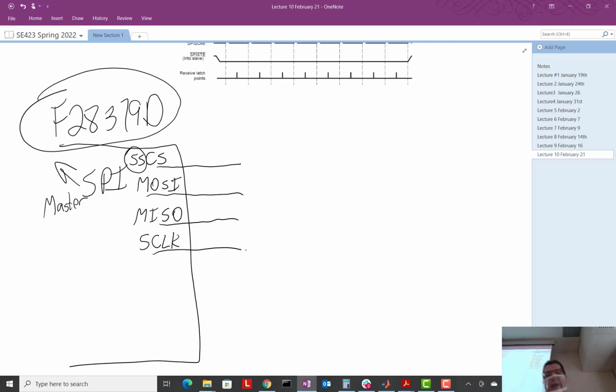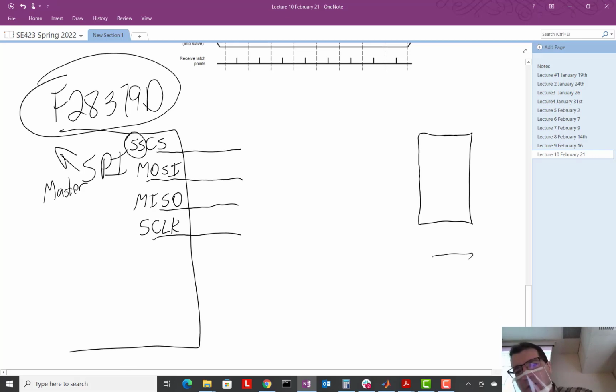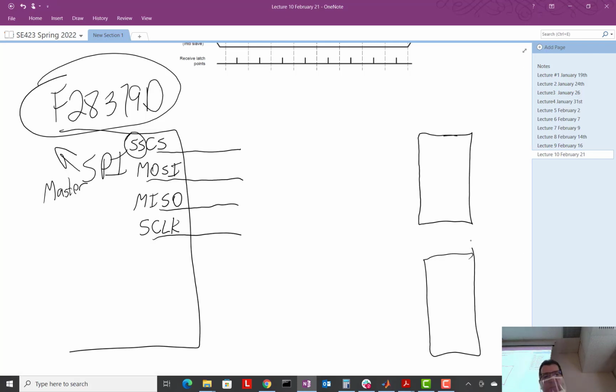And then what you have is you have multiple chips out there that you want to talk to usually. Now, in your homework, in homework 3, when I get it finished, we will just be talking to one chip, so we don't have to worry about as much. But you can have this one SPI serial port talk to many chips. How does that work? So each of these chips out here are slaves. So slave 1,